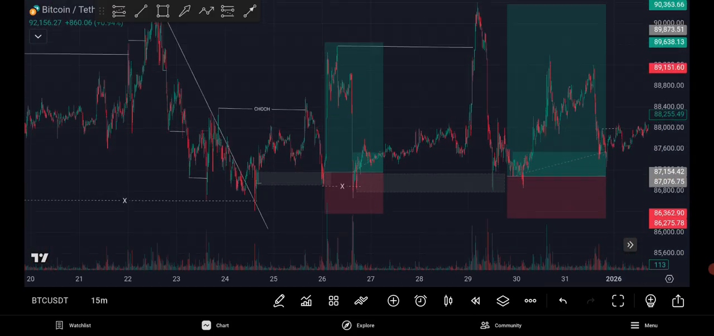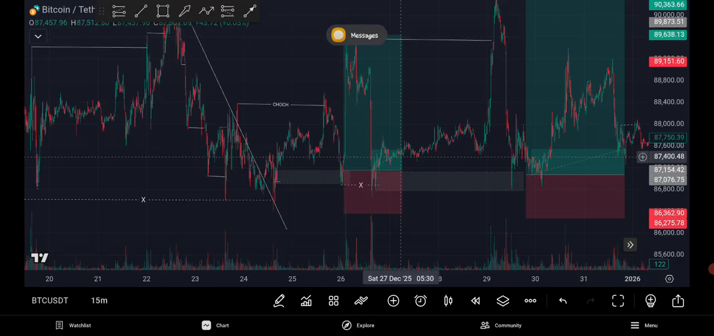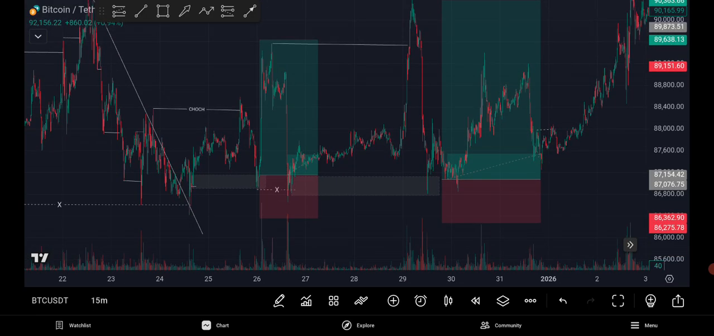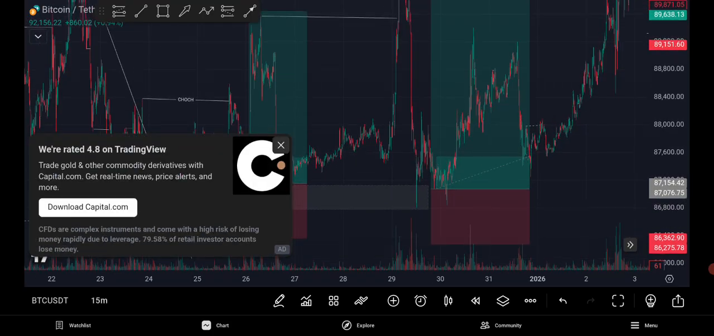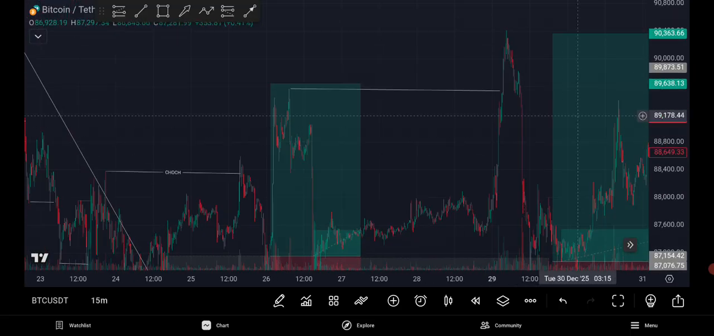So now let's see, price came here, it came below, and then went up. Here is when it hit my take profit. Another trade I took was here, a break of structure,